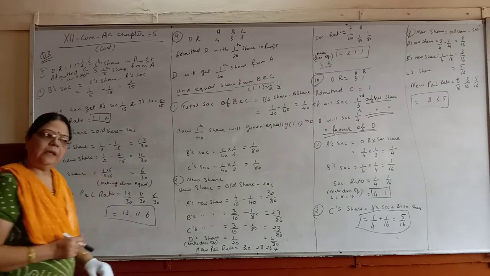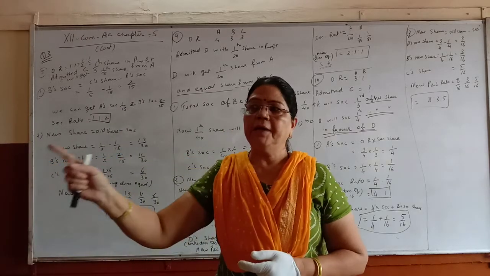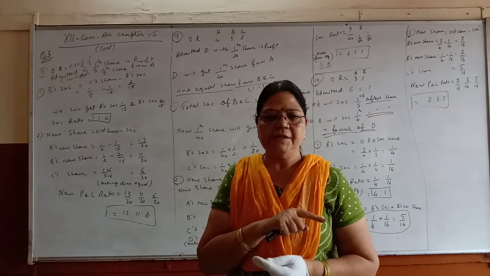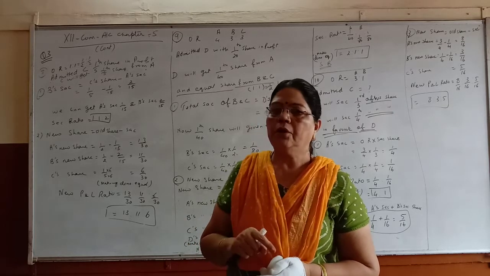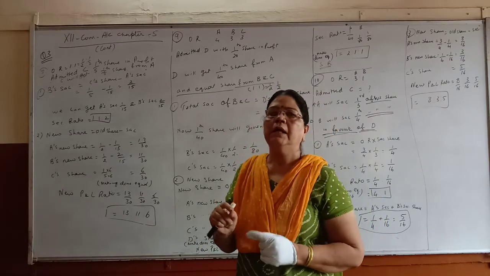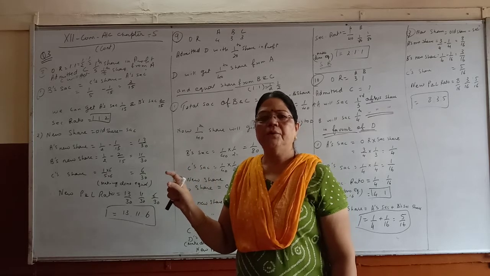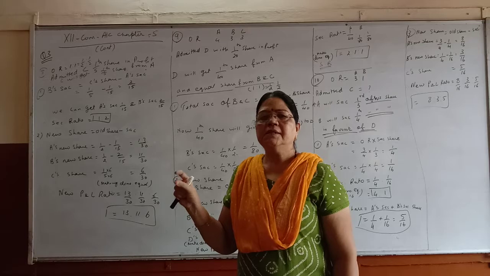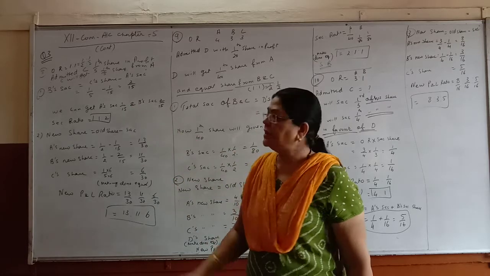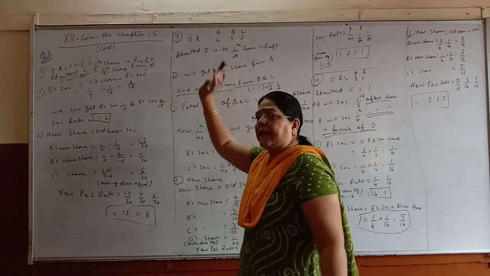So it is very simple. When the new partner's share is given by one partner and the other partner sacrifices, you subtract the given sacrifice from the new partner's share. Whatever answer you get is the sacrifice made by the remaining partner. So this is the sum. In the same way, the 9th question is also the same.